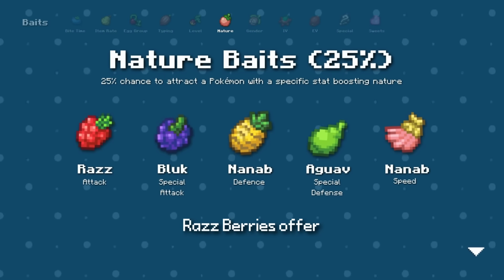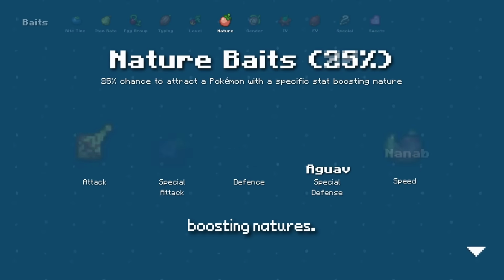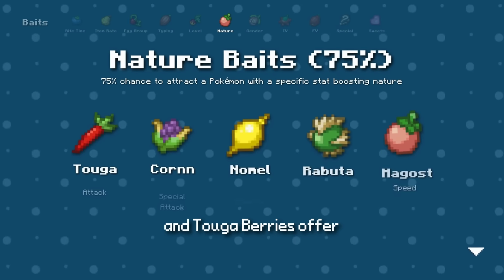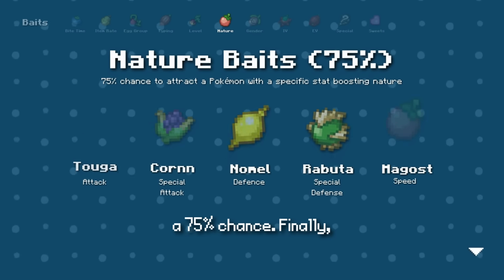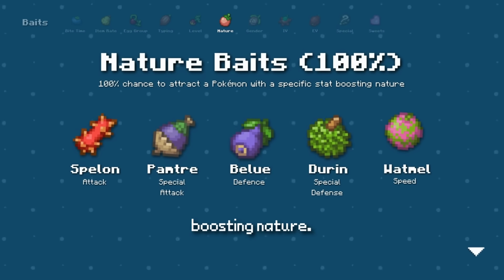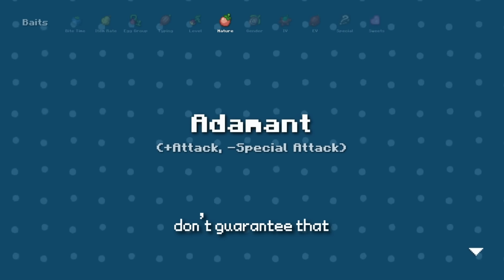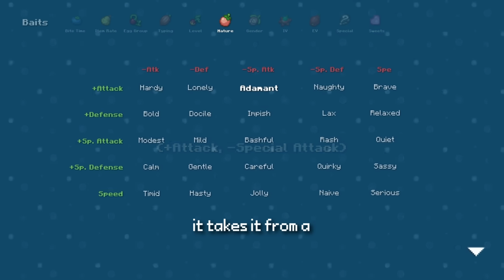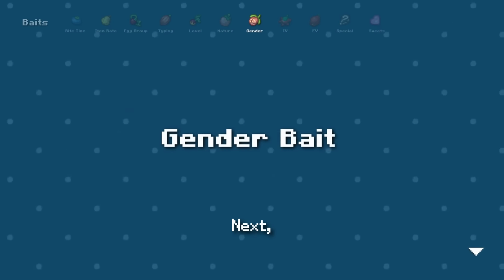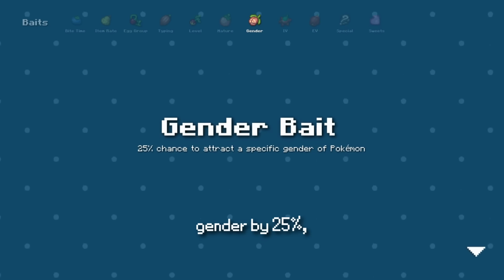For example, raspberries offer a 25% chance of attracting Pokemon with an attack boosting nature. Then, figgy berries offer a 50% chance, and toga berries offer a 75% chance. Finally, spellon berries guarantee that the Pokemon you reel in has an attack boosting nature. Let's say you're trying to get the adamant nature. While these berries don't guarantee that you get adamant, it takes it from a 1 in 25 chance to a 1 in 5 chance. Next, gender baits increase the chance of encountering Pokemon from a specific gender by 25%,